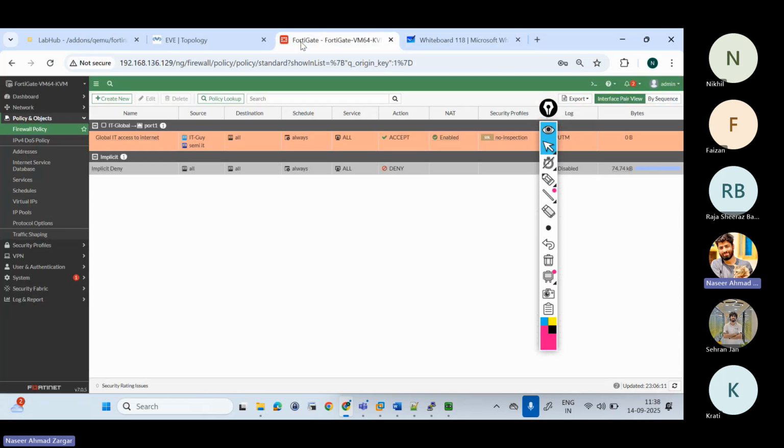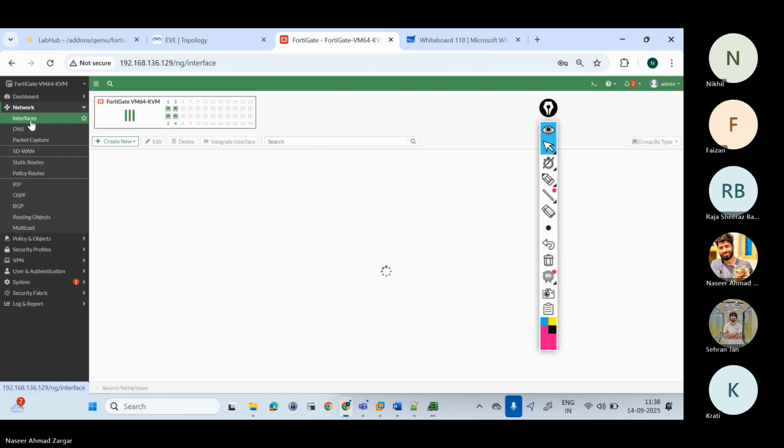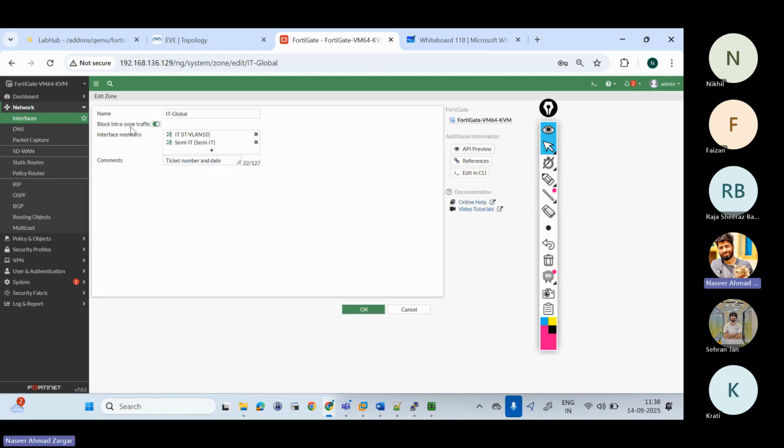So if I come to the firewall now, go to the network, go to the interfaces, I want to check the configuration on this one. So the name of this particular zone is IT global, which we just kept like this, right? It says block intrazone traffic, and by default it's on. It means anything that's happening within this zone, any interfaces which are actually part of the same zone, right? They cannot talk to each other. If you want to make sure that they talk to each other, you can just